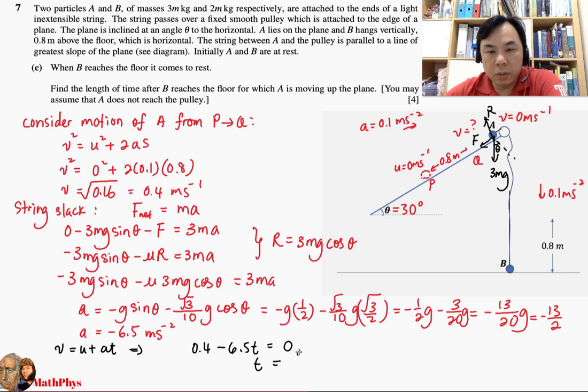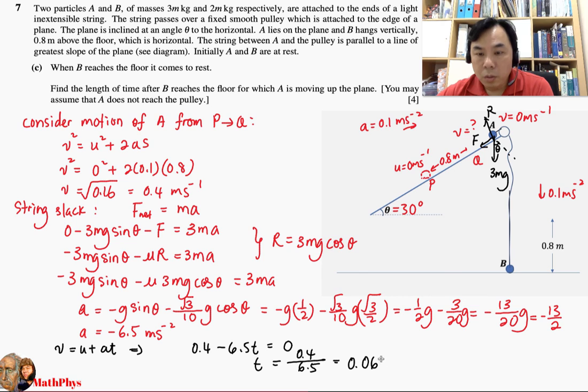Therefore, the time taken will be 0.4 divided by 6.5. So that would take about 0.0615 second. So the length of time after B reaches the floor for which A is moving up the plane is